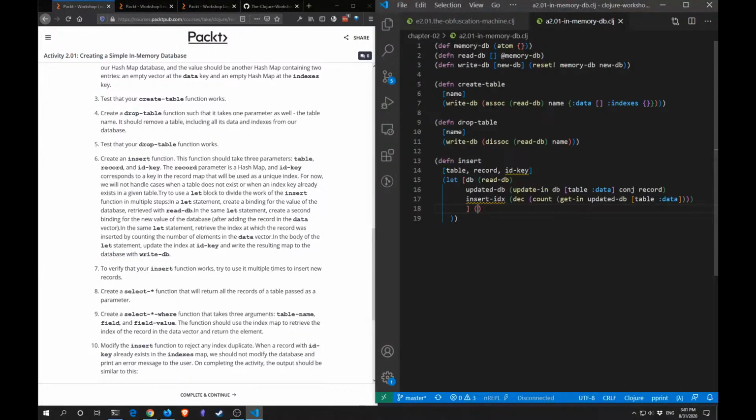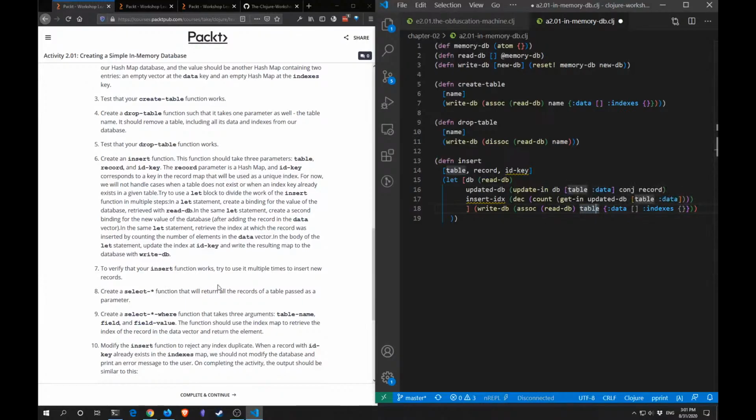To update it, we simply use the blue one. So we'll write db assoc and root db, and we'll give it not name here, it would be table, and